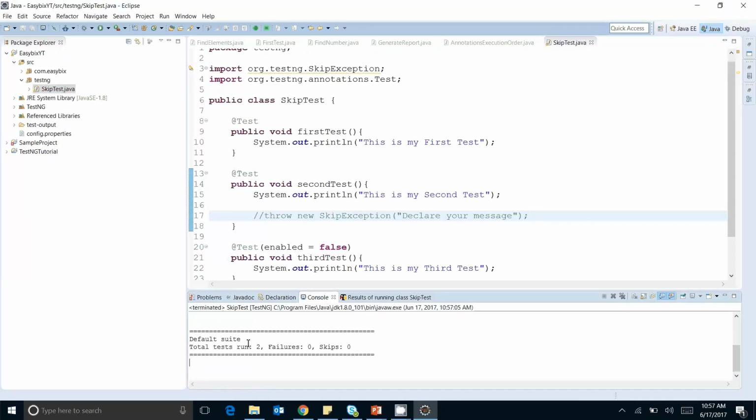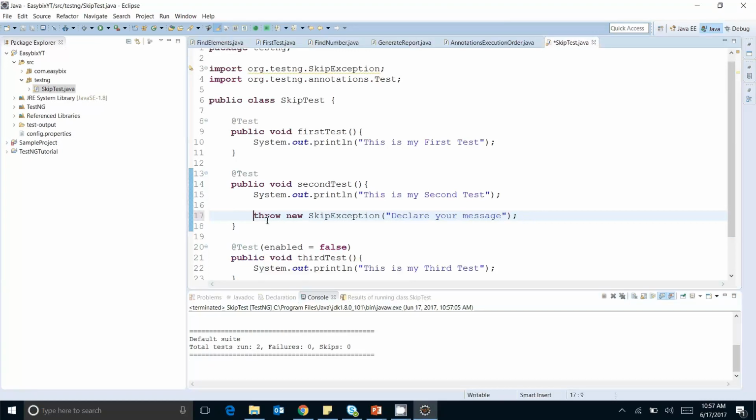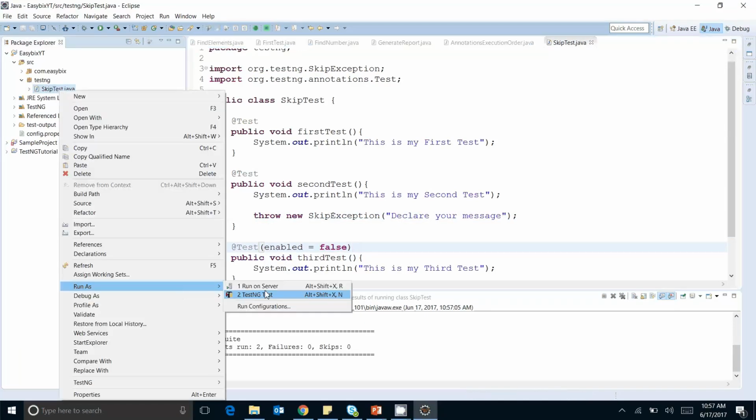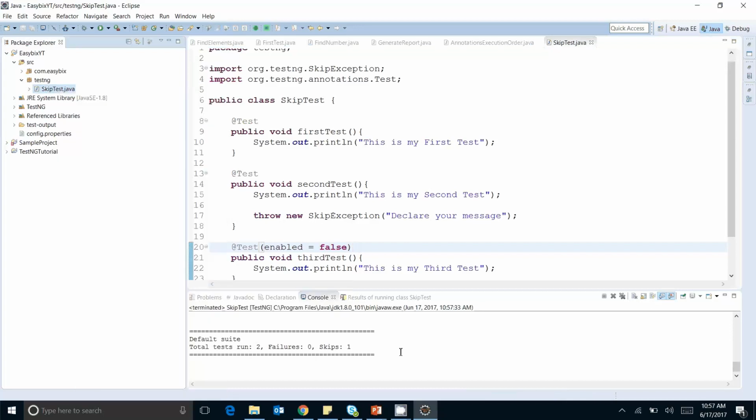You can see I am getting 0 in skipped, but I am getting only 2 tests in the run because we have only 2 tests. With the third test, I have the @Test annotation with enabled equals to false. In that case, using the second way, I am throwing an exception at runtime. I am skipping the test case at runtime using the SkipException. I will execute it again and you will see the difference. Here I am getting a single test in the skipped count.